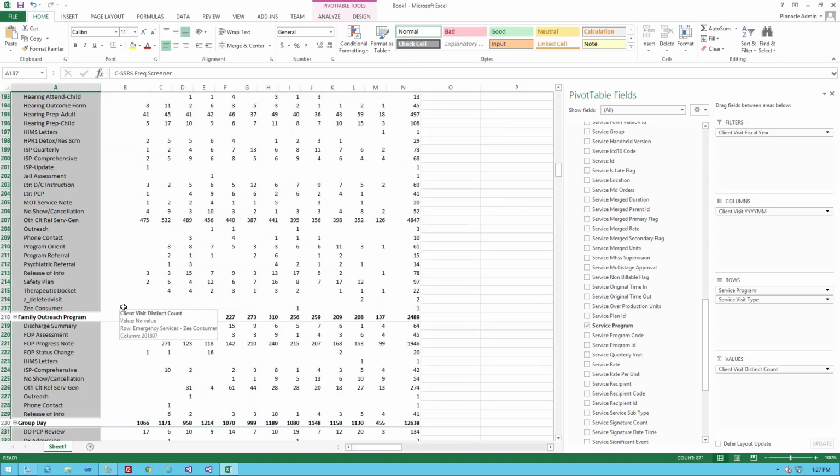So you can see that very quickly, you can get the information that you need for a quick report, a question from a board member, a question from your C-level staff, from upper management, a question from a clinician. How many clients did I serve last month? How many clients have I served in the past year? I think that's a good thing to even deliver to the clinicians in a report